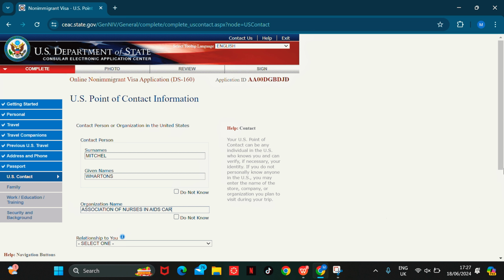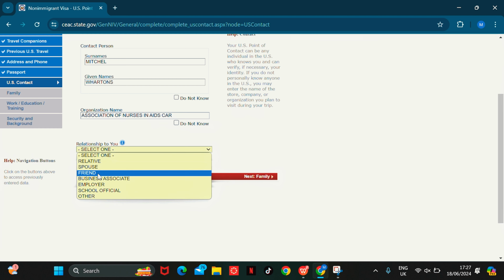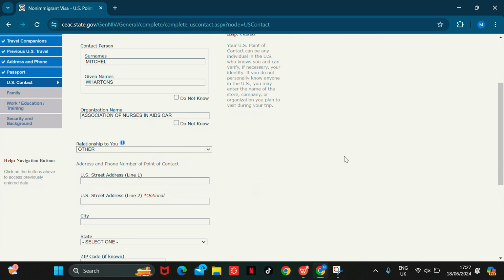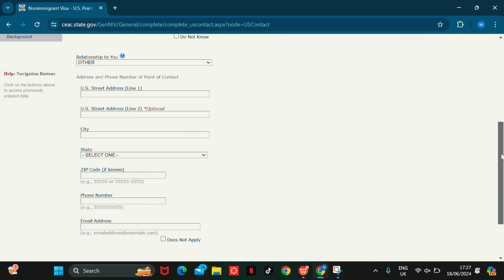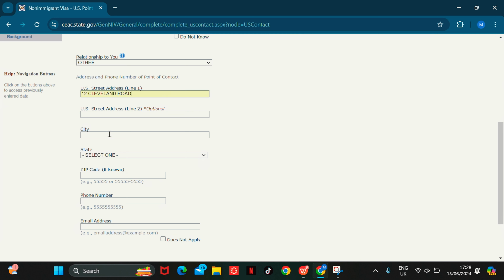Okay, let me just leave this one like that. And their relationship to me, I will just say other. Oops. So you have to put in Association of Nurses in Aged Care address. If you are going to a different organization, just put in the address in there. So I'll just say 12 Cleveland Road and the city will be, let me